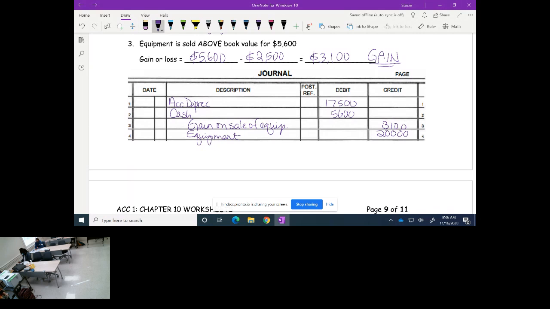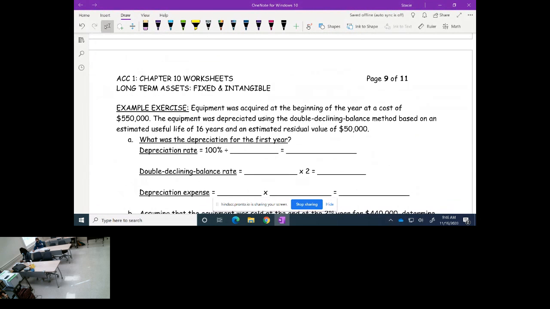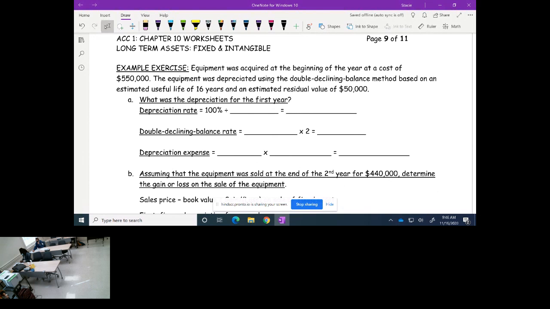It's just dropping numbers in. Y'all understand what's happening in each situation though? No? You're selling it for more or less than you have in it, essentially. Okay, these are examples kind of using